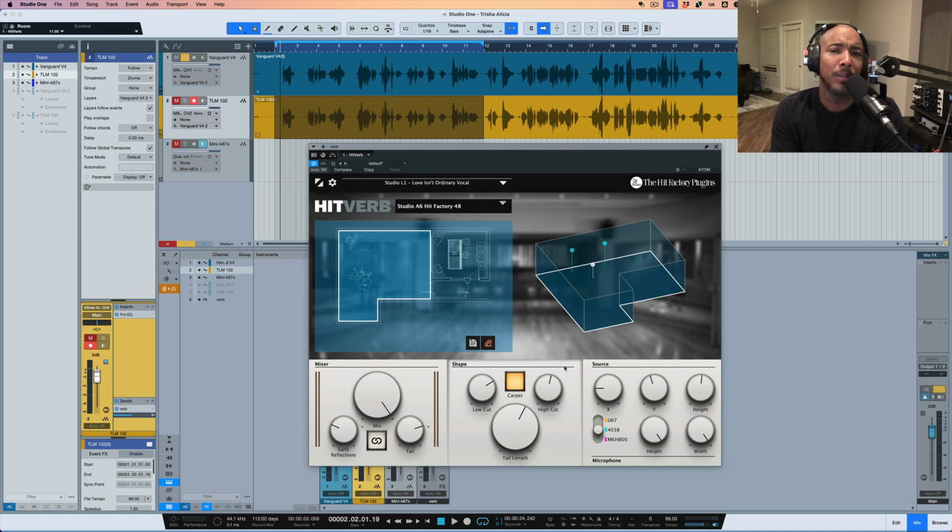But one thing I can say about this is it's one of the most natural sounding reverb plugins I've used. It's not something that I would go to if I want one of those dramatic reverb effects. I guess non-authentic is the word I'm looking for, but this is a very realistic sounding, very natural sounding reverb. This is something that I would use for things like strings, ballad vocals,